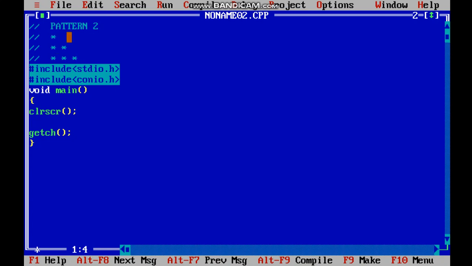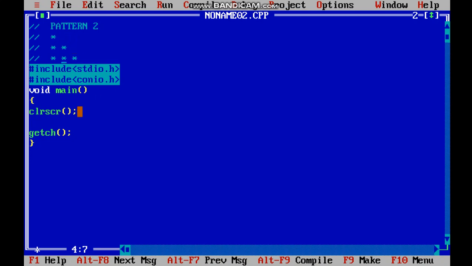In the last video we learned pattern 1 very deeply. I suggest you do not miss that, so that each and every portion will be cleared very well. It is all about rows and columns. And from now on, again we are getting rows and columns, but where and how do we leave a space? See, space means there is nothing. 3 rows are used and 3 columns are used, but there are spaces left.